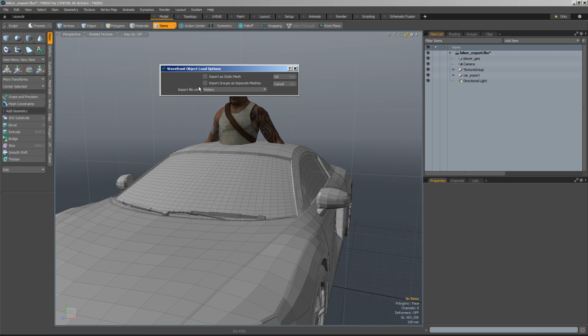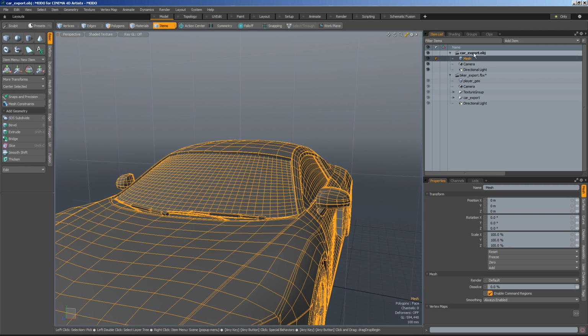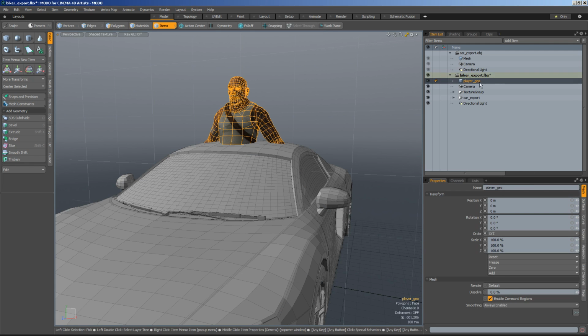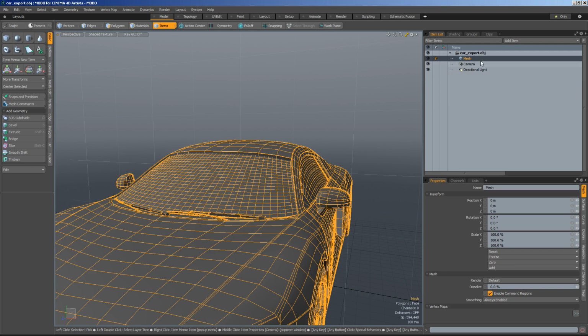Let's go ahead and open this without checking anything and then look at something specific here. So we're going to go ahead and open this up, and you can see since we opened it, it's going to actually create this as a new scene file. But again, just like Cinema 4D, we can have multiple files open at once. So if you want to close this out, you need to right click on this and say Close Scene, and then we're left with our single scene